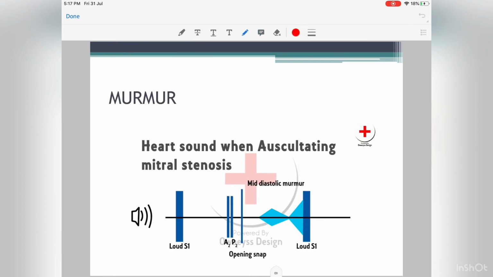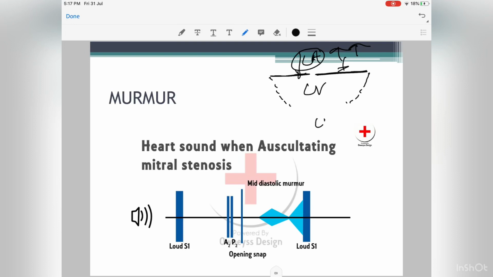In mitral stenosis, the basic thing is that the wall is narrowed. Okay, this is the LA, this is LV. The wall is narrowed, but because the LA pressure is elevated, what happens is that at the end of diastole, the LA pushes the wall far apart. So at the end of diastole, the wall is widely open.